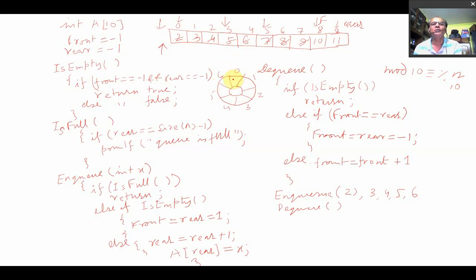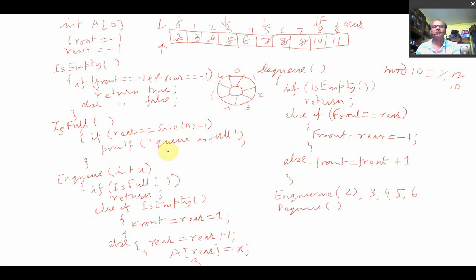If the 0 position is free, then you can insert the element in this position. That means if most of the array positions are free, then you can insert with the help of a circular array.